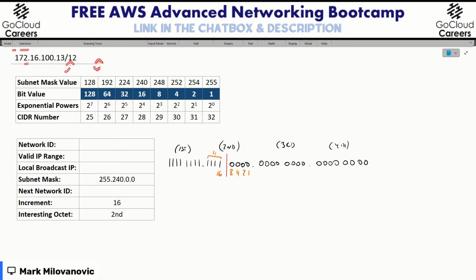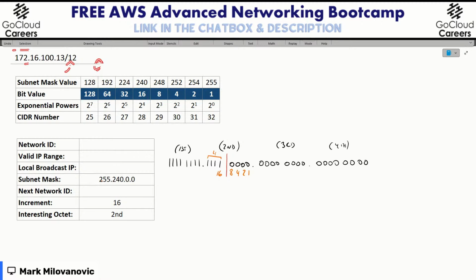So I'm looking at this number and I'm saying, every time from left to right, if I have 4 bits, my increment is 16. And then for some reason in my head, it popped in, it says 4 times 4 is 16. So anytime I deal with consecutive ones from left to right at the beginning of an actual octet, I know that 4 times 4 is 16. So I don't need to guess anymore. It sticks in my head.